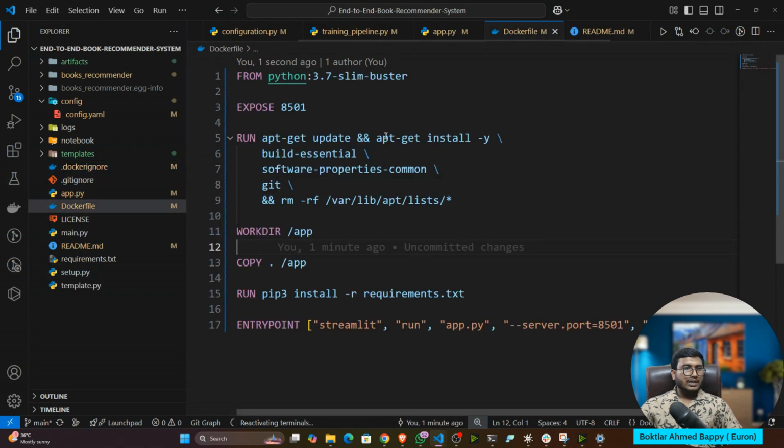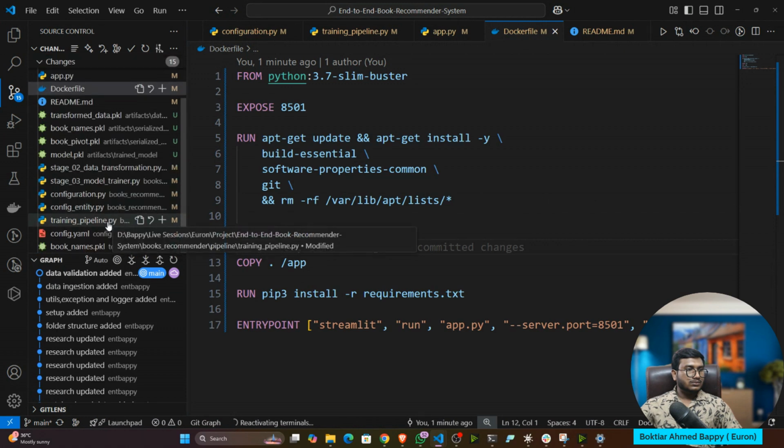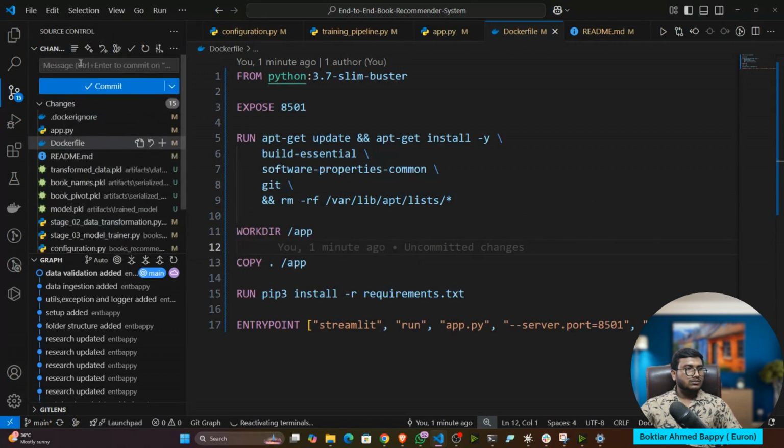So now let's start the deployment. First of all, we'll commit the changes.